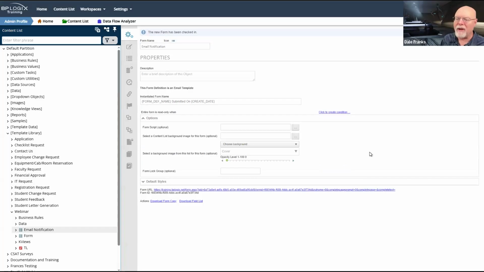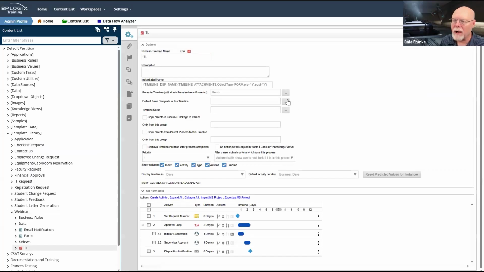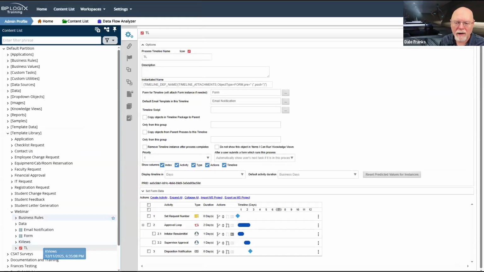And now I can finish all of my object configurations by going back to my process timeline and setting email notification as my default email template for this timeline, and I hit OK.